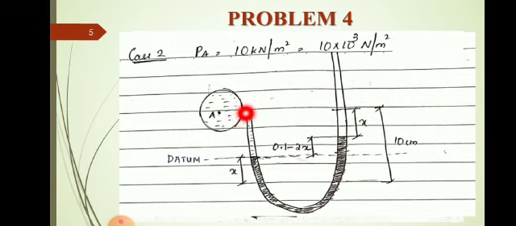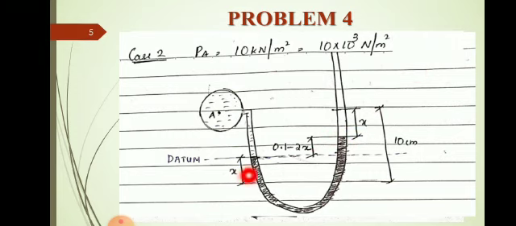So what will happen to the mercury level when the pressure is reduced? When the pressure is reduced, the mercury level will fall from its current position. So the initial position was here, that is in line with the center of the pipeline. But when the pressure was reduced, the mercury level falls by a depth of x meters. We do not know the amount by which the mercury level has fallen. So we are taking it as x meters. Clear?